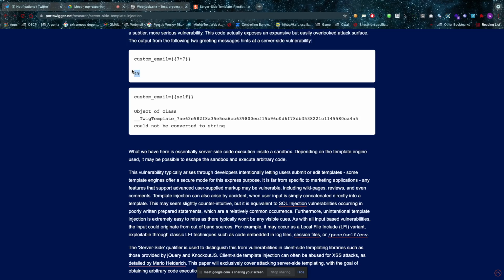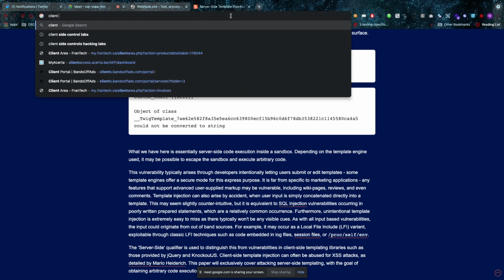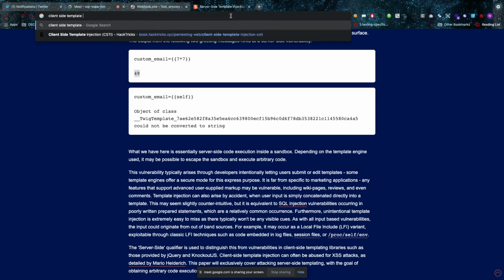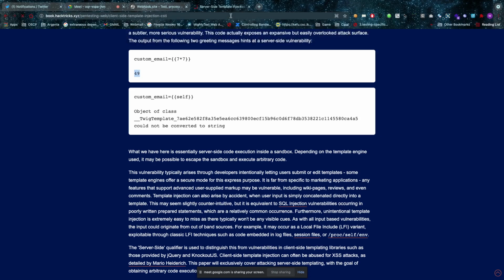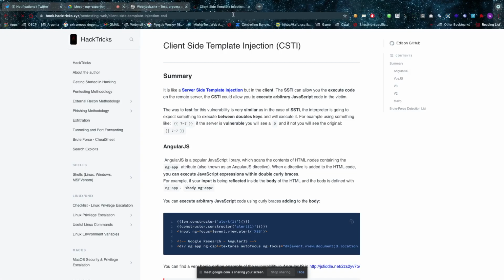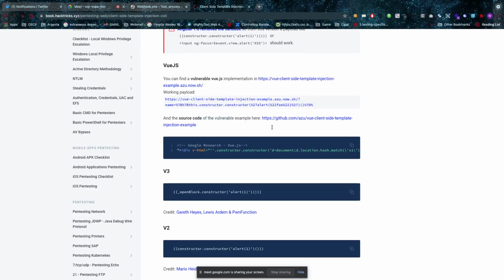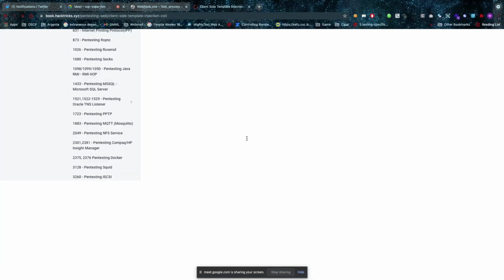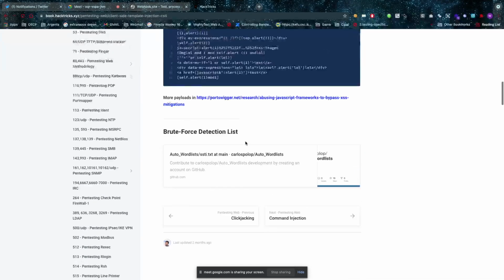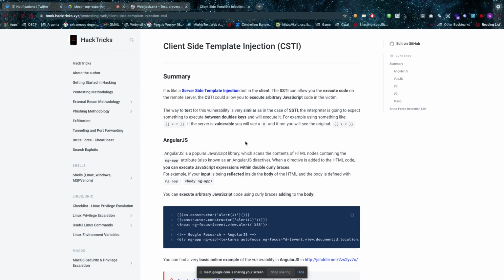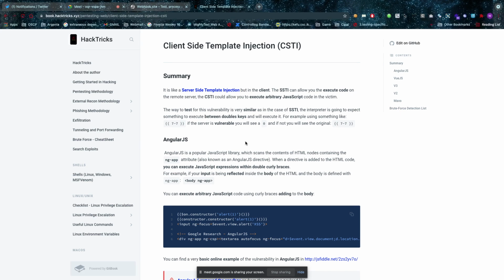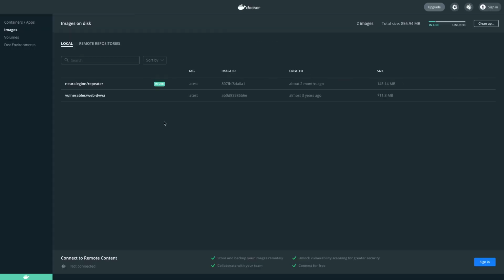cross-site scripting attacks. But the problem is there is not a lot of research being done on client-side template injection. There's a little part in HackTricks, which I really like. But that's about it. If you look it up, there's not a lot of research being done into this. You can see there is something about this being written here, but it's not a lot. It's decent, and I really appreciate that it's here. But again, it's not a lot. So there's a lot of room for research that's still to be done there. Anyway, that was it for these